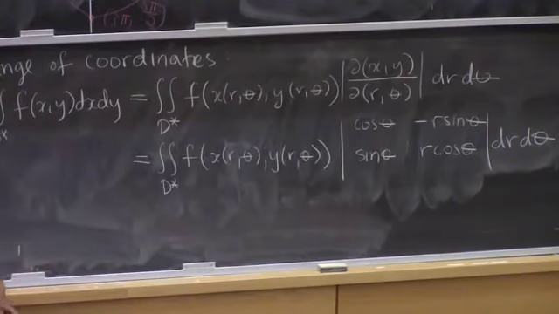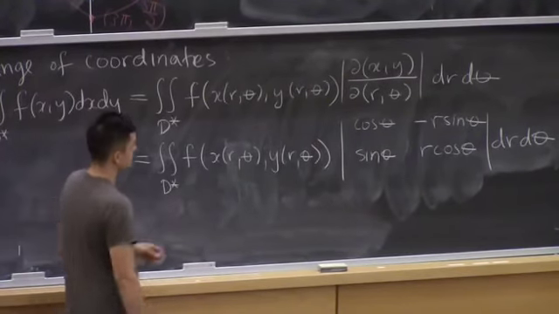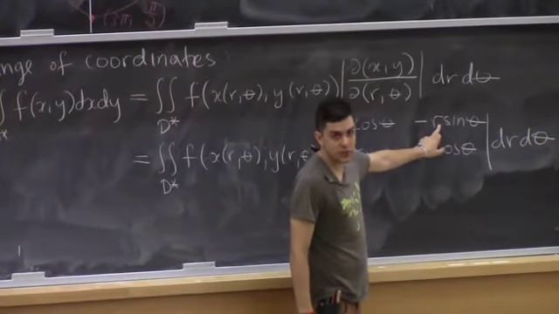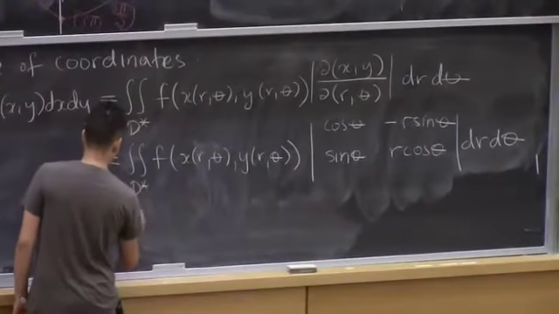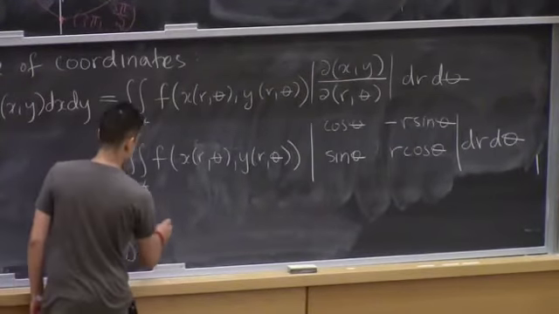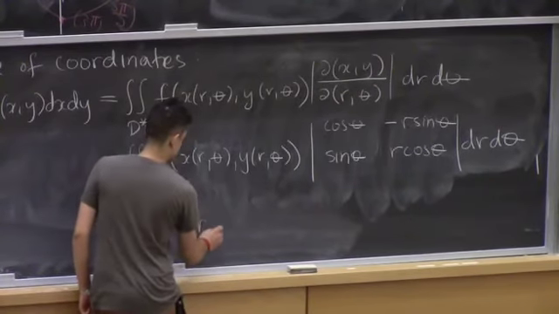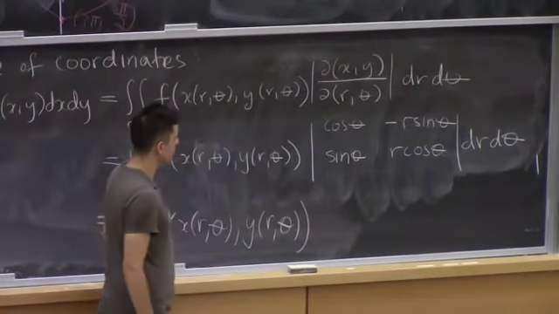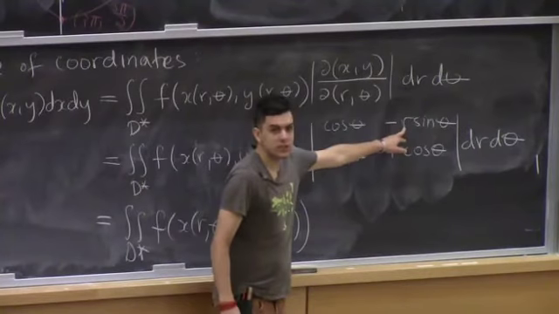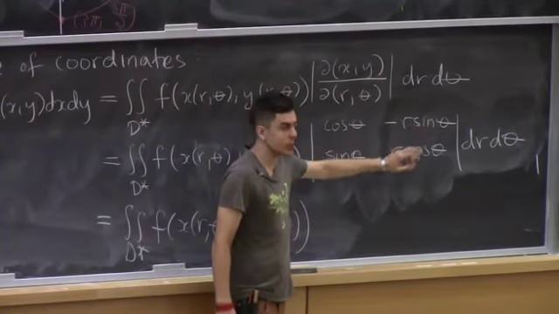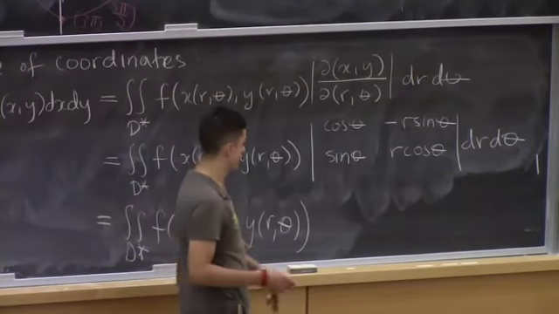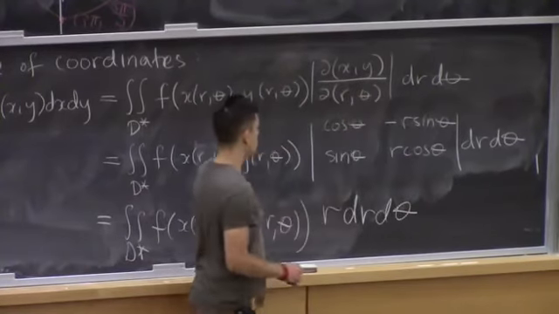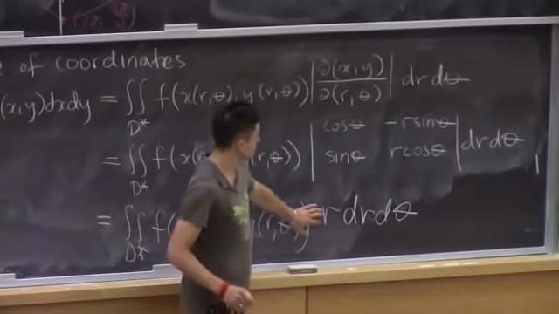And when we calculate this out, we're going to get r cos squared plus r sine squared. We factor out the cos squared plus sine squared, and we get an r. So this Jacobian matrix is going to simplify down to an r,